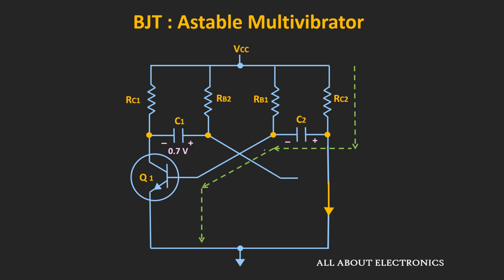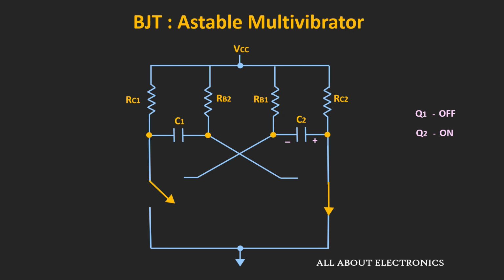Meanwhile, this capacitor C2 is already charged up to the voltage VCC minus VBE. And as soon as this transistor Q2 gets short circuited, then the right hand side of this capacitor C2 will get grounded. That means now the voltage which appears at the base of this transistor Q1 is equal to minus of VCC minus VBE. So due to this negative voltage, this transistor Q1 will get turned off. That means now the transistor Q1 is off and Q2 is on. So this is the second state of the multivibrator.